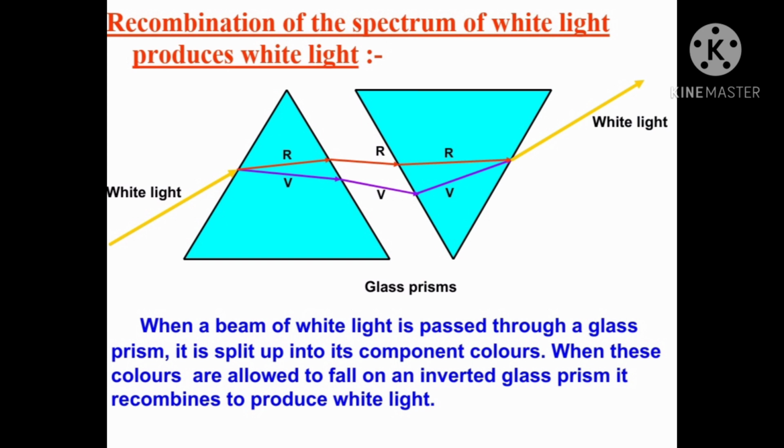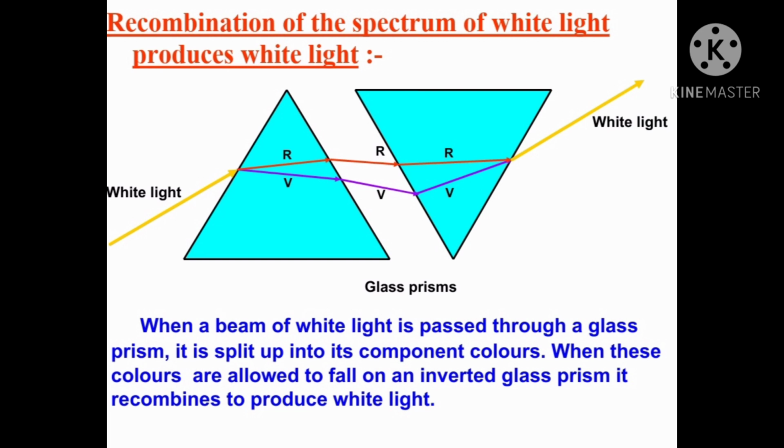This allows all the colors of the spectrum to pass through the second prism. He found a beam of white light emerging from the other side of the second prism. So this observation gave Newton the idea that sunlight is made up of 7 colors. Any light which gives a spectrum similar to the sunlight is often referred to as white light.